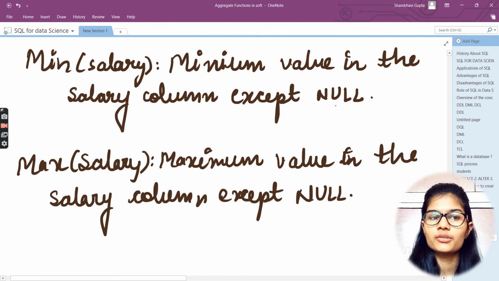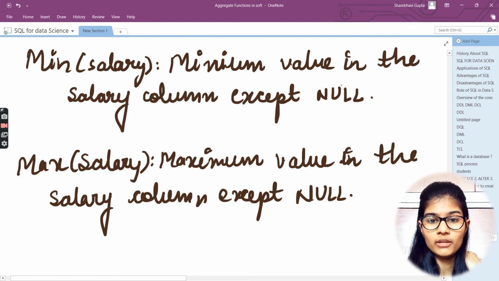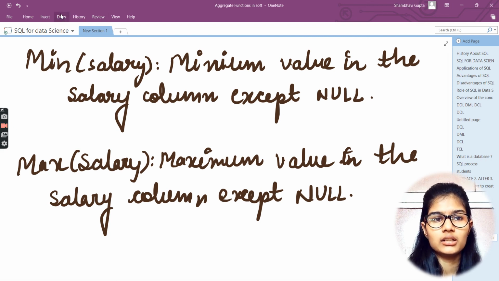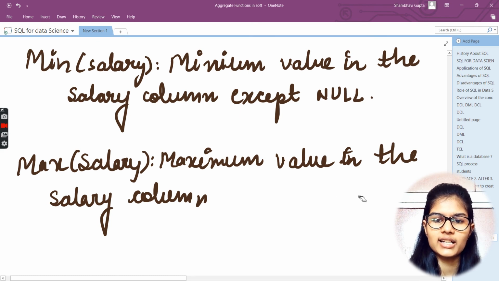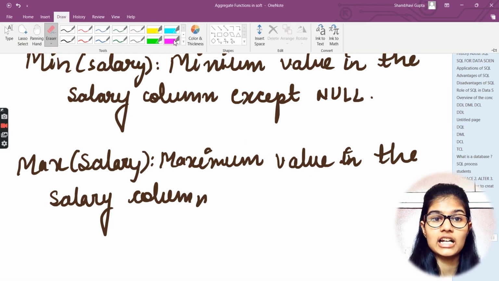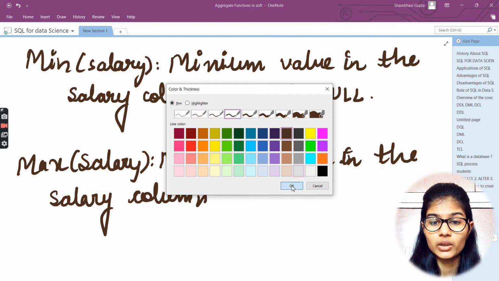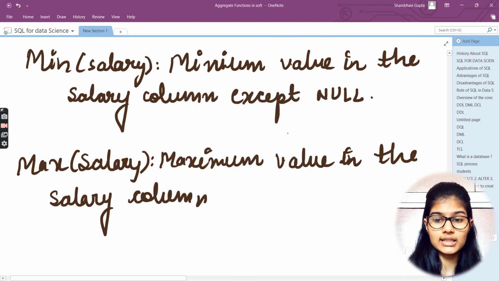Fine. So minimum salary is basically the minimum value in the salary column except the null, and max salary is basically the maximum value in the salary column except the null, right? Okay, here this particular thing doesn't work, except the null, because max can't be null anytime. This is one of the cases which can't ever be true.